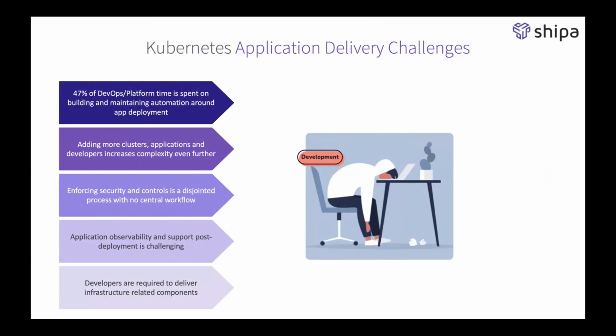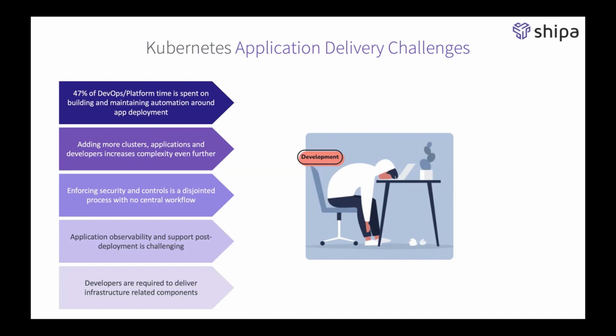If you look at it, a lot of our customers are spending up to half of their time just building and maintaining these various scripts just to make things deploy, not to mention manage the life cycle of an application. Every time you add a new cluster, a new application, you're increasing the complexity and you're driving some of that complexity into the hands of the developers, which is slowing things down, and developers are getting frustrated with